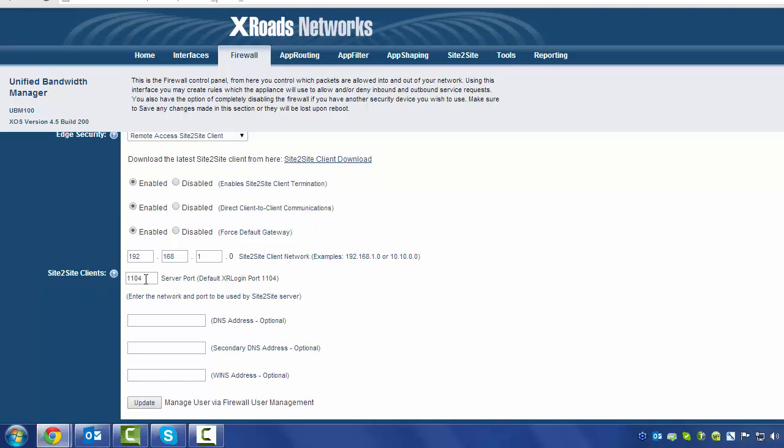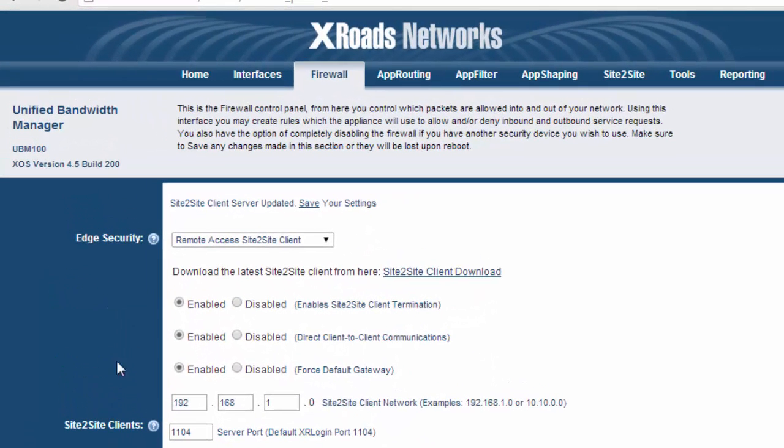The server port, you can make changes to this port as long as you make those same changes on the client. And the DNS address, you can also add the secondary and a WINS address if you have one. Simply hit the update button. Now at the top, you'll see the download the latest Site2Site client. Go ahead and click on this link,